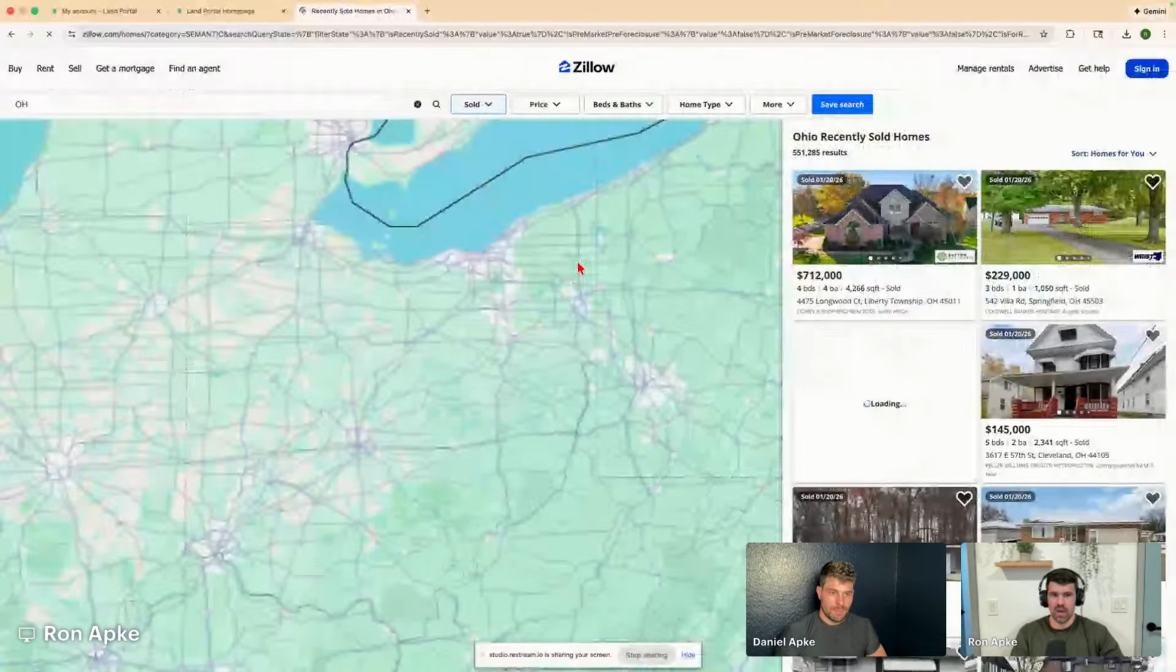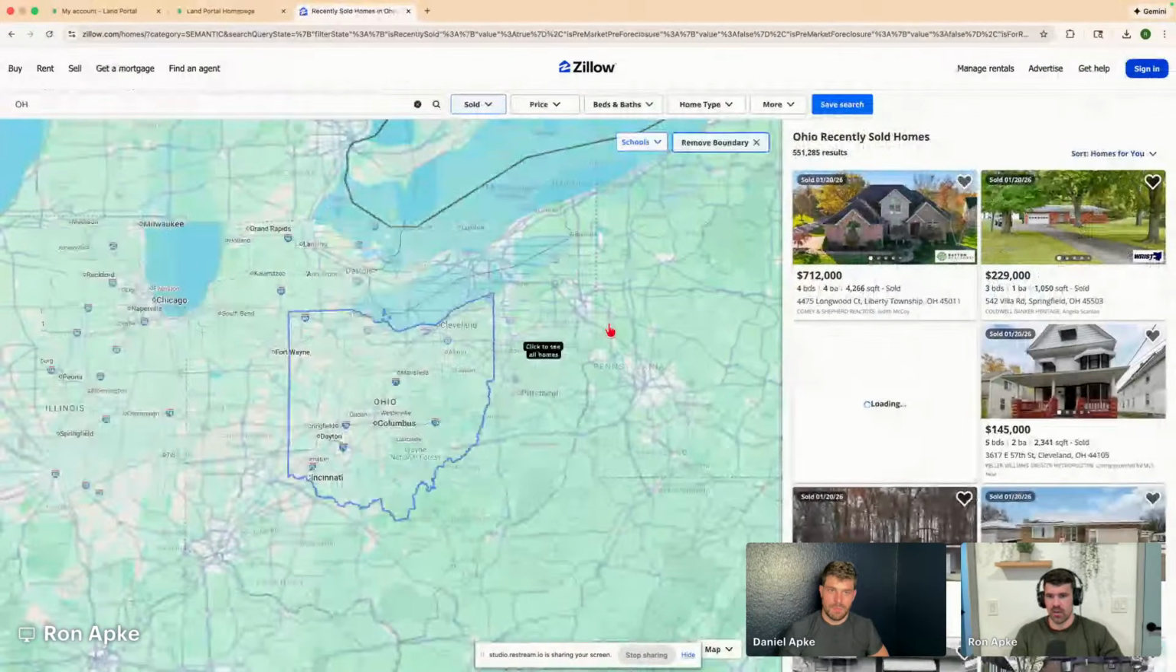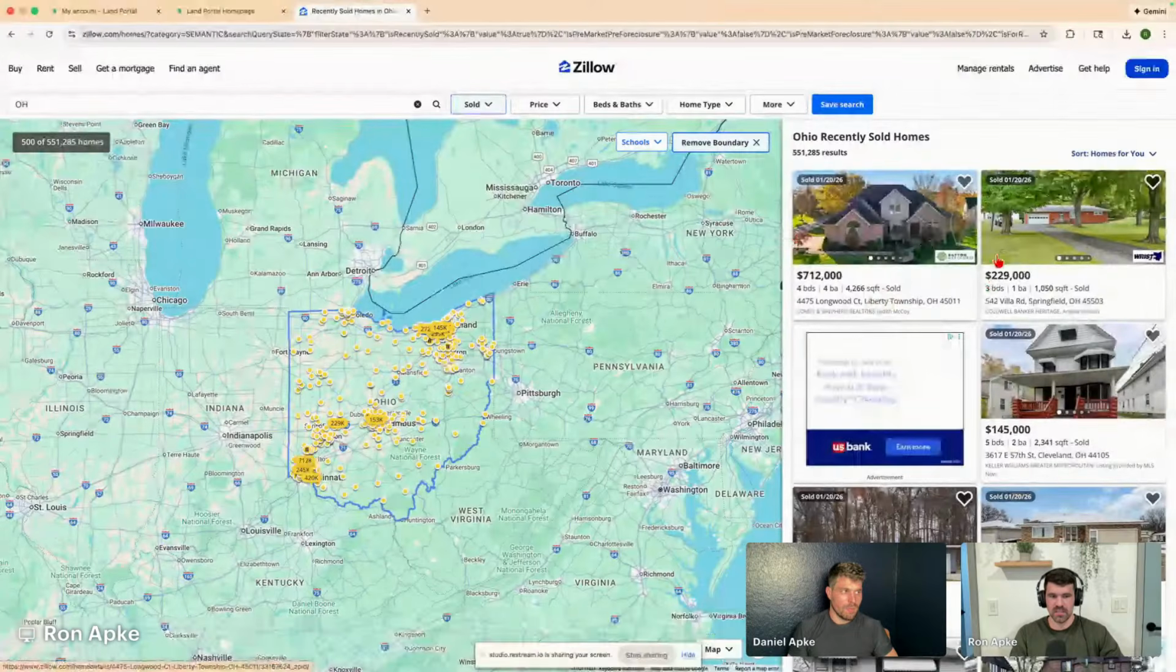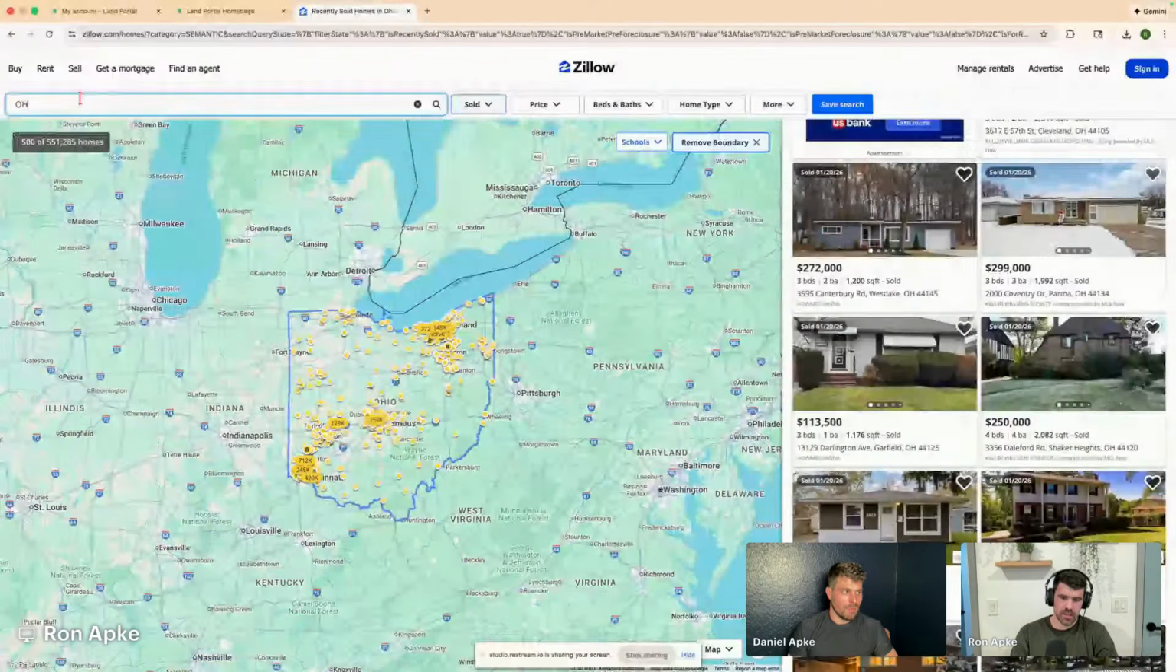So real quick, just Ohio. So you type in Ohio. I don't care about any of the data on here, but you type in Ohio, you see on Zillow, it's on a public site, obviously, sale prices. This is what property sold for. You type in a state like Texas,